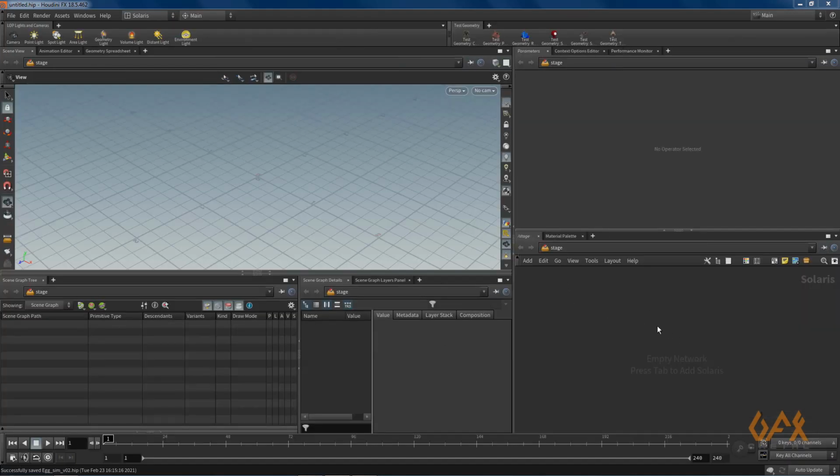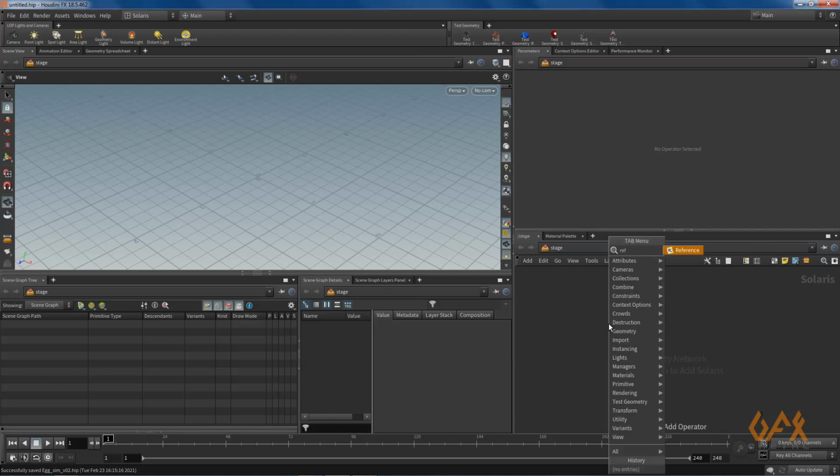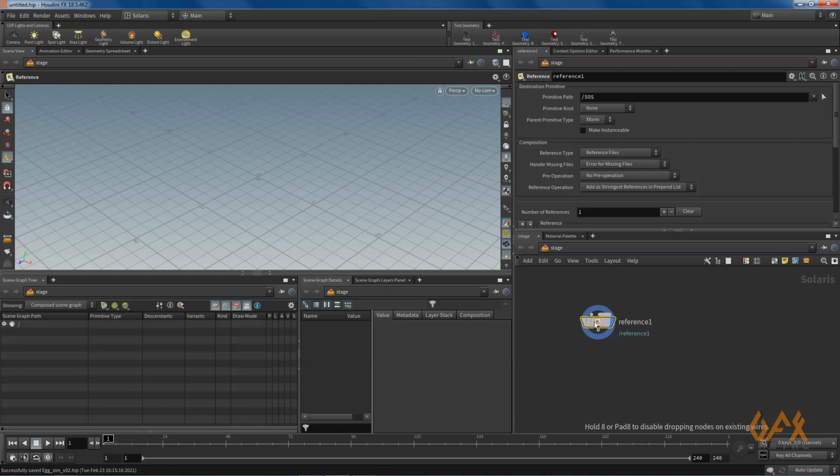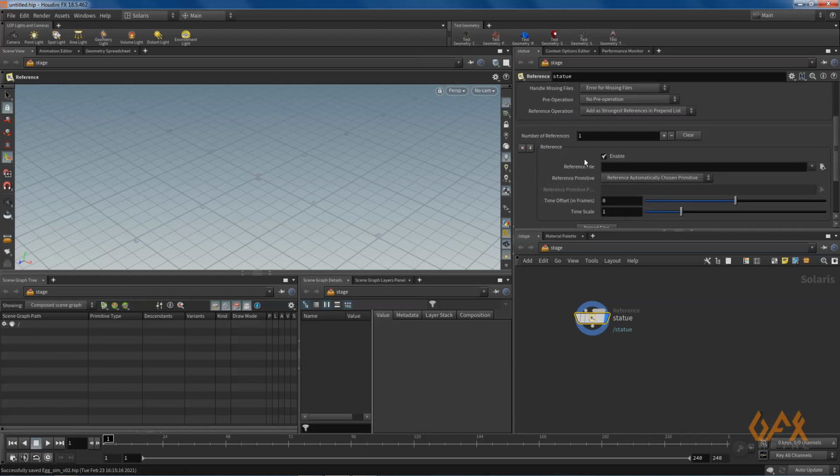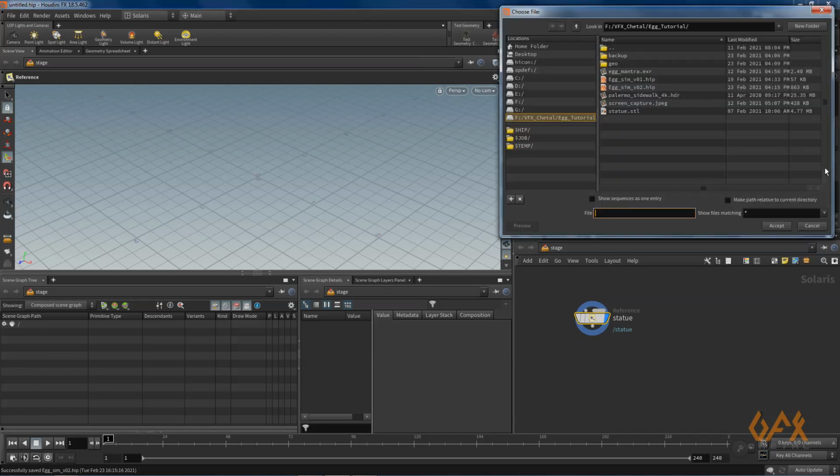Now in the Solaris empty network, I just set reference and I write down statue because I already exported statue. So I just select this thing, I just call my reference file over here.